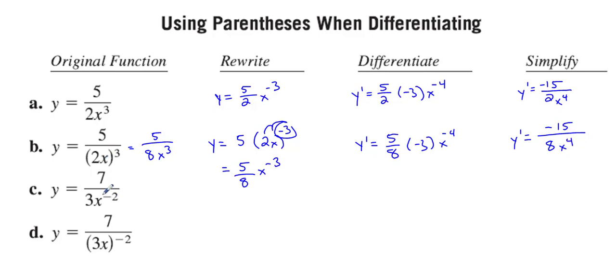B and C are quite similar, but a lot different. We just don't have parentheses, so only the negative 2 is applied to the x for the power. So the rewrite's pretty easy. Y equals, I'd say 7/3 x squared. Maybe next, negative 1/2. Y prime, 7/3, 2 to the x to the 1 power. And then take care of your coefficients, 14/3